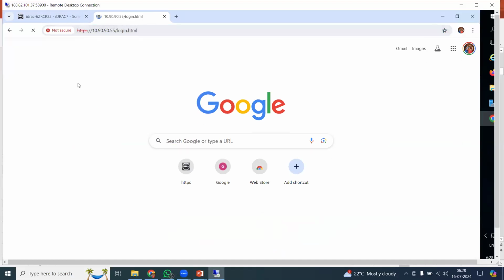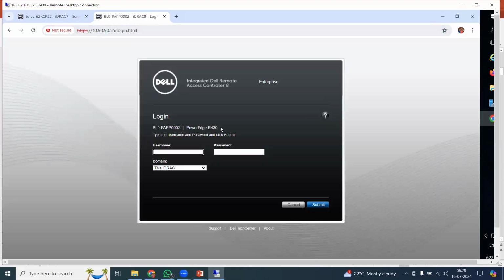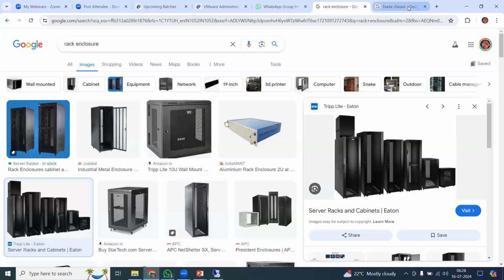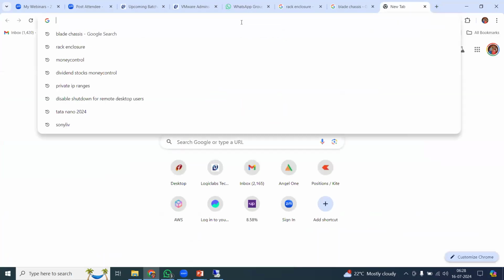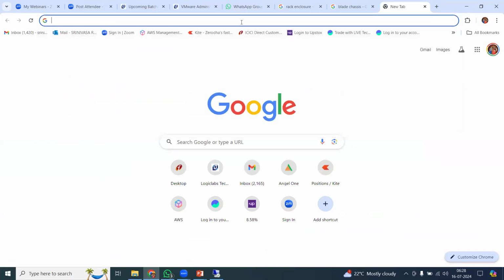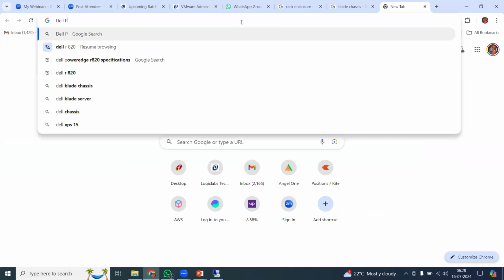This is another server, see here, PowerEdge R430. R represents rack, 430 rack server. Is it 1U, 2U or 4U? You can get this information from a search engine. If you don't know whether it is a rack, blade, or tower server, just open Google and search. Understand? Dell PowerEdge